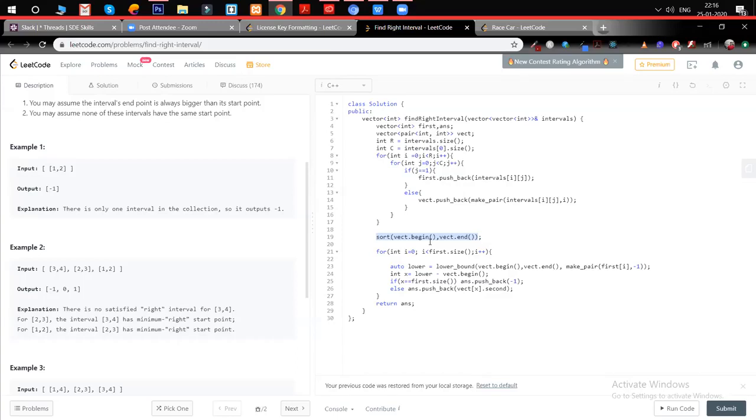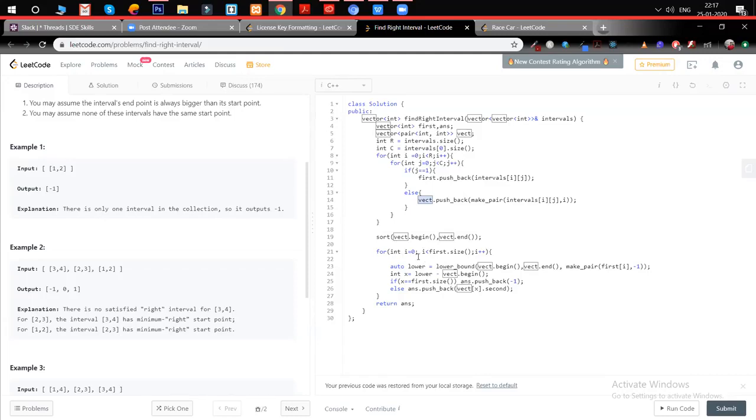Can you just explain the part once again? I understand until where you are sorting the vectors. Okay, so from here, yeah, in the vector pair, it has the first data like 3, 2, 1, and I made this pair with its indexes, like 3 comma 0, then 2 comma 1, then 1 comma 2. So I sorted the pair of vectors depending upon the value of the first array.